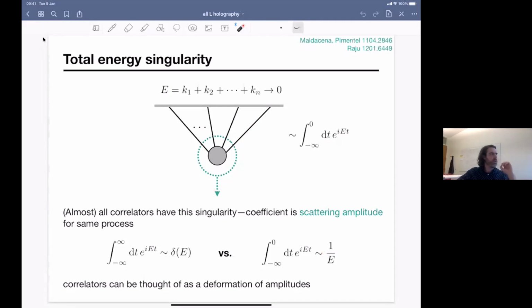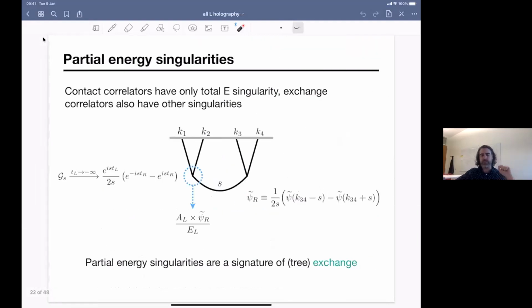And so this is another interesting feature of wave function coefficients: they really can be thought of as a one parameter family of deformations of scattering amplitudes, that when you go to a particular locus in kinematic space, you recover the scattering amplitude, but they sort of have a life of their own away from this special point. And so that's an interesting fact. Okay, so